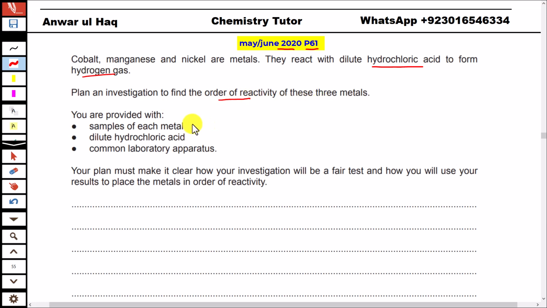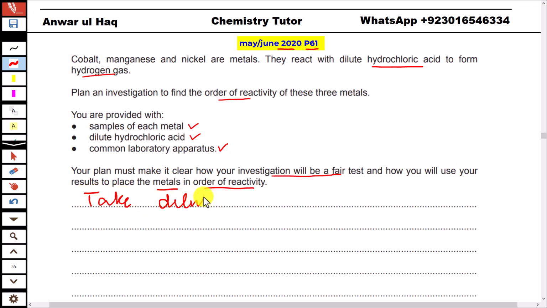You are provided with samples of each metal, dilute hydrochloric acid, and common laboratory apparatus. Your plan must make it clear how your investigation will be a fair test and how you will use your results to place the metals in order of reactivity. Okay. For this purpose, you have to take